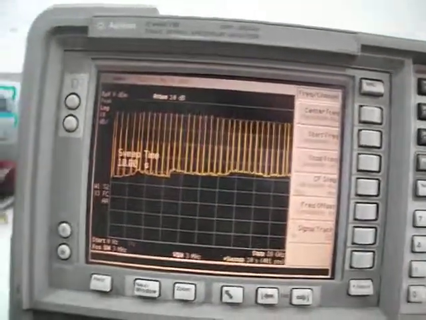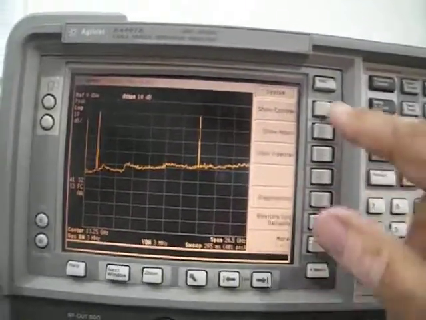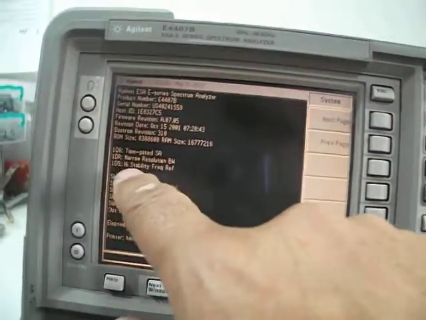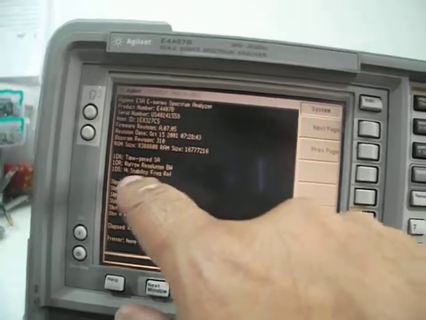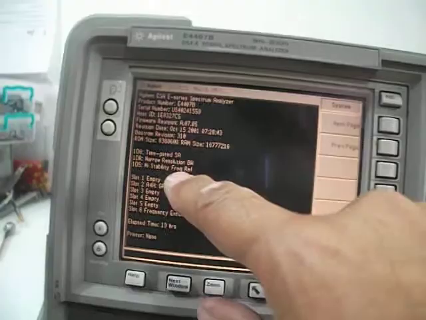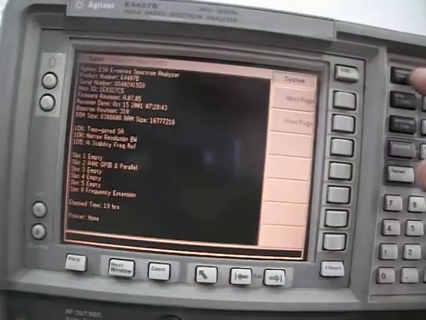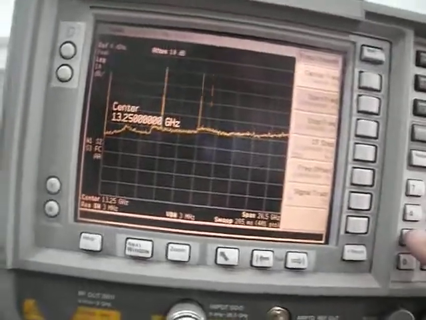I'll do a preset here and let's see the system, more and show system. So we have here options 1D6, 1DR, 1D5 and the GPIB option. It's a high stability frequency reference and narrow resolution bandwidth down to, I don't remember exactly, but let's do a frequency